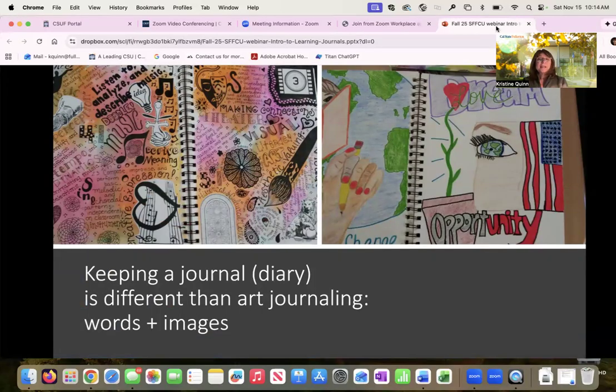So, here's two more examples of student work. On the left-hand side, you will see that that journal entry is based in the bleeding tissue that I was telling you about before. That is the look that you get from the bleeding tissue. That two-page spread, that's what we call when you're looking at your journal with the binding open, it's called a two-page spread,